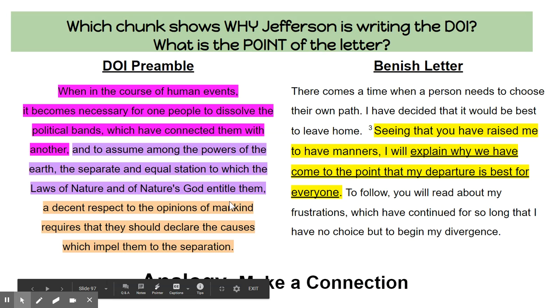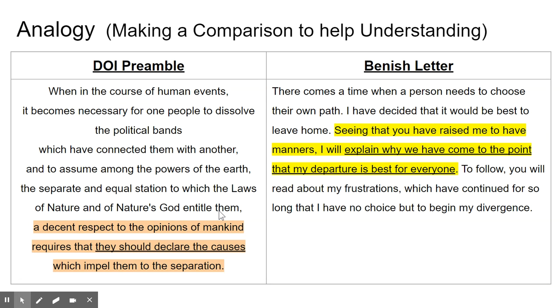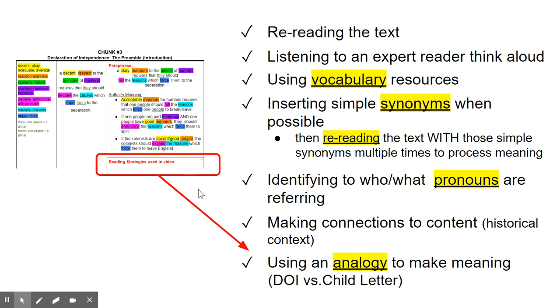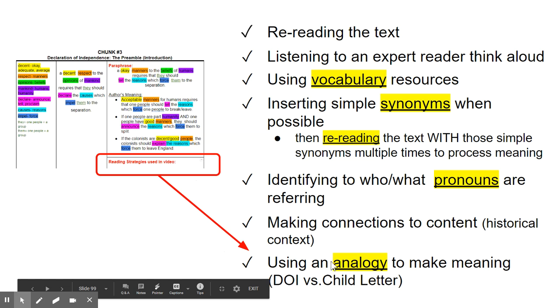So, which chunk? Okay. And yeah, you probably would have identified it's going to be the orange chunk where it says they should declare the causes which impel them to the separation. Okay. So hopefully this analogy helped you understand the DOI a little better. We're going to pause here, have you fill out your last reading strategy we used,